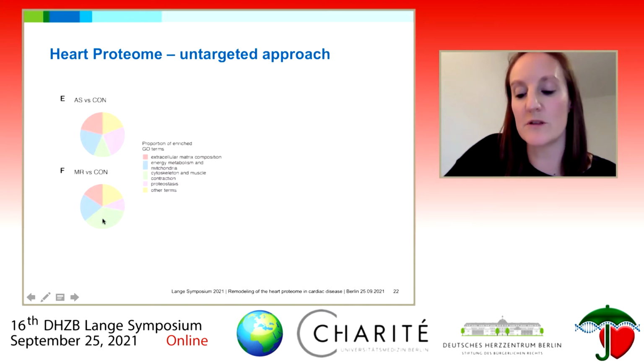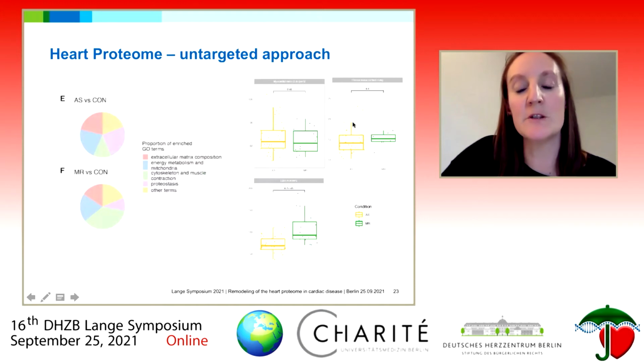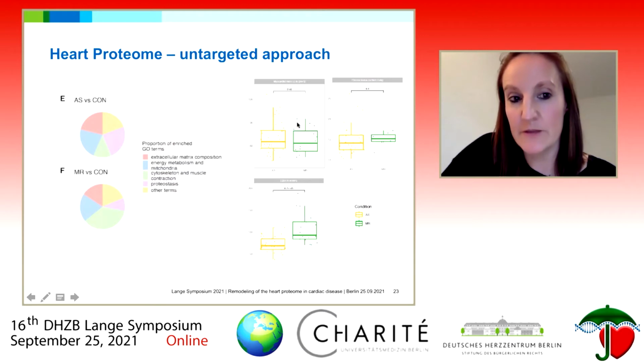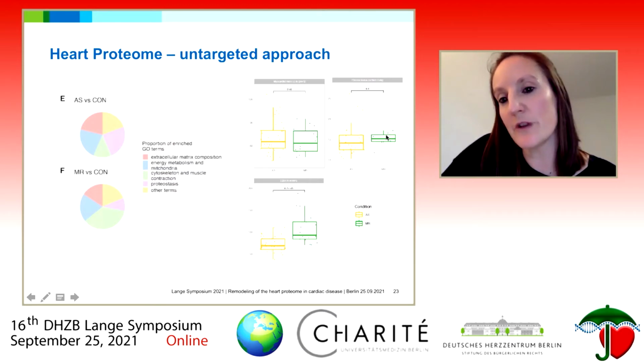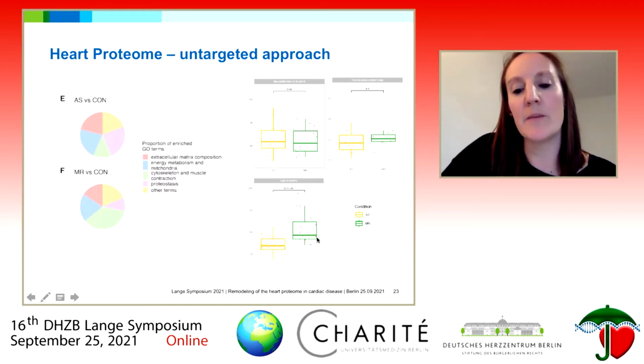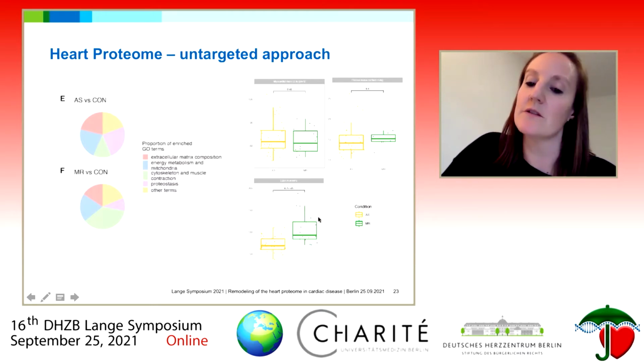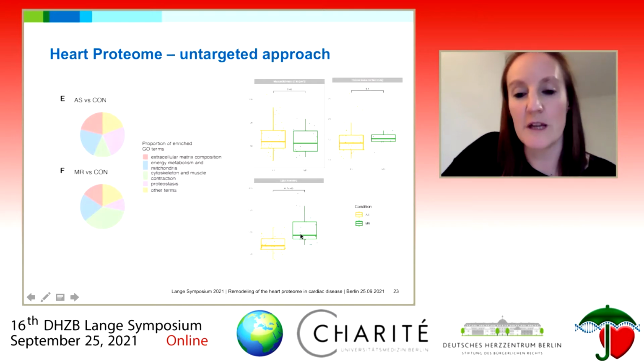muscle contraction proteins. From clinical imaging, we were seeing a similar amount of myocardial hypertrophy in both patient groups, and a similar amount of fibrous tissue content by cardiac MR imaging. However, a significant difference in end-diastolic volume index, so mitral valve insufficiency patients for sure had larger ventricles than the